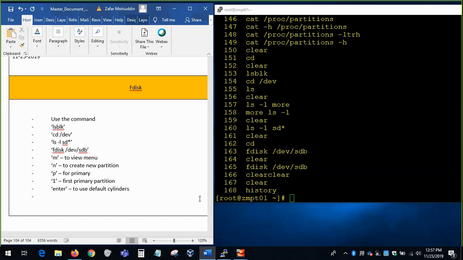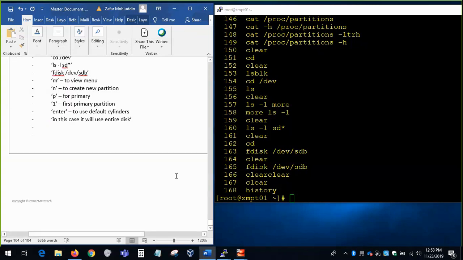Okay, use the default cylinders. In this case, it will use the entire drive, the entire disk. So we are just making one partition, just one room. And then you type w to save and exit. Okay? And after that,